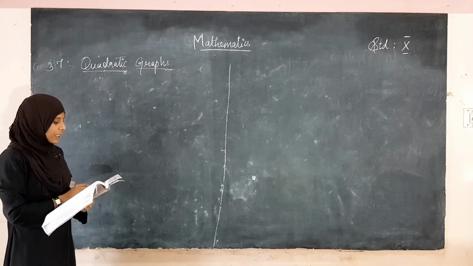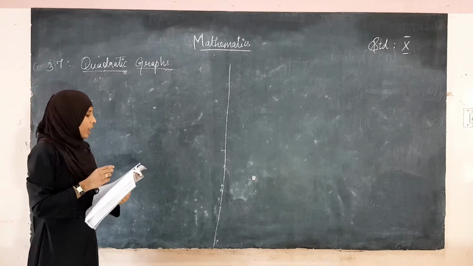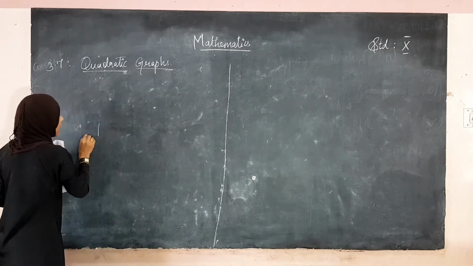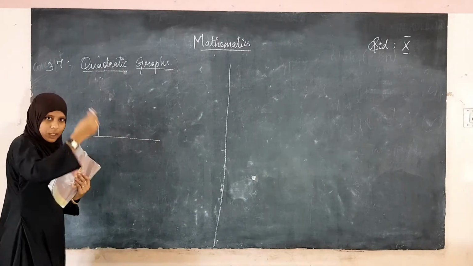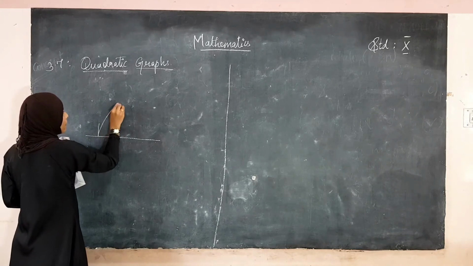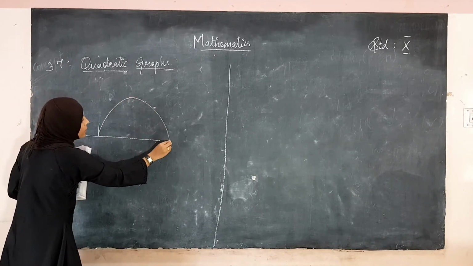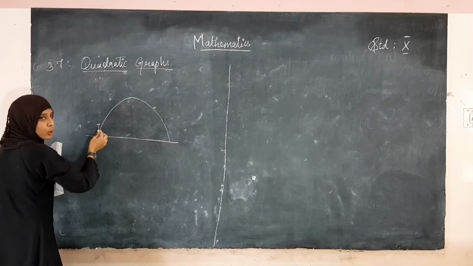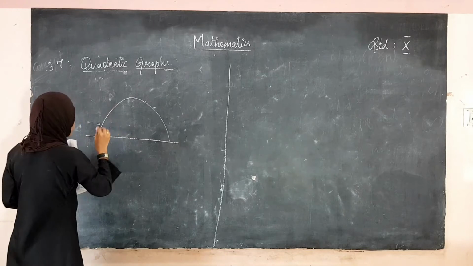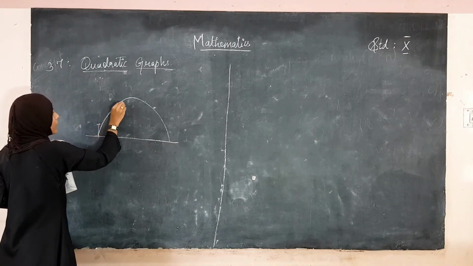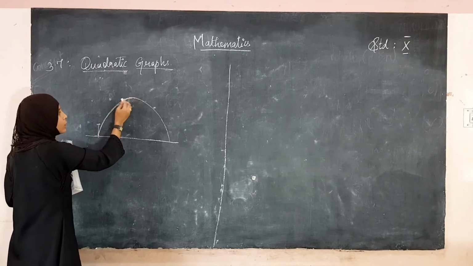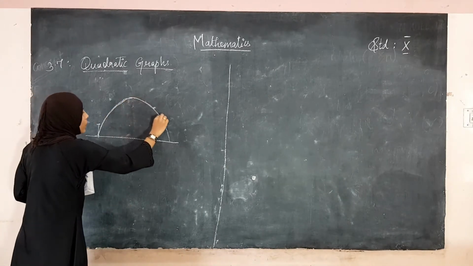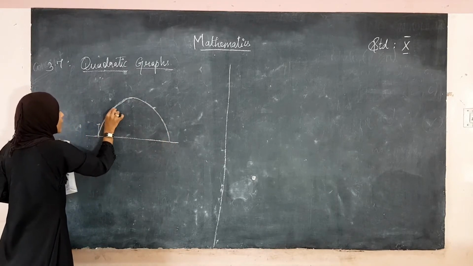See here, before that let us see what is a quadratic function. See, it is a trajectory. Trajectory is a path. When a man standing here throws a ball upwards, what happens? The ball reaches a particular point and it comes down. The ball moves up to a particular distance, and again due to gravity, the ball comes down like this. See here, this is the trajectory path.